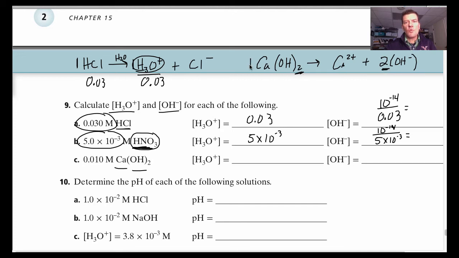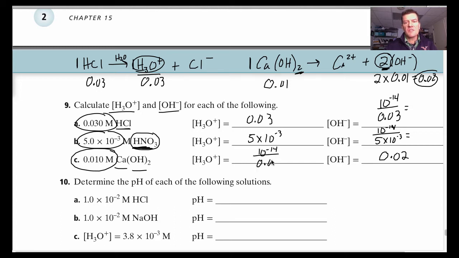So this means for every one calcium hydroxide, you're going to get double the hydroxide ions. This is a 1 to 2 ratio. So if you've got 0.01, this is going to be 2 times that, 0.02. Now you've got this 0.02, and then to find the hydronium, you take 10 to the negative 14